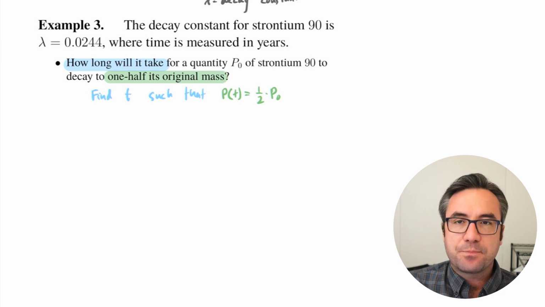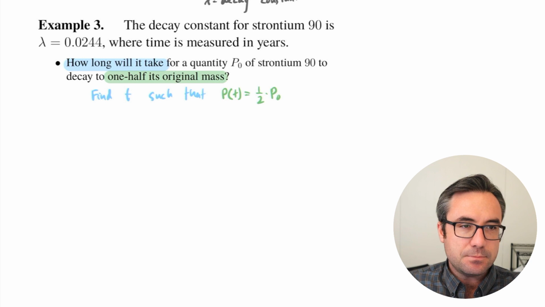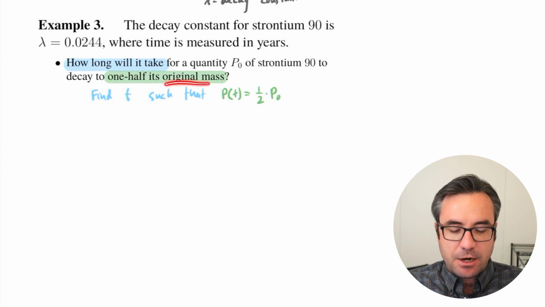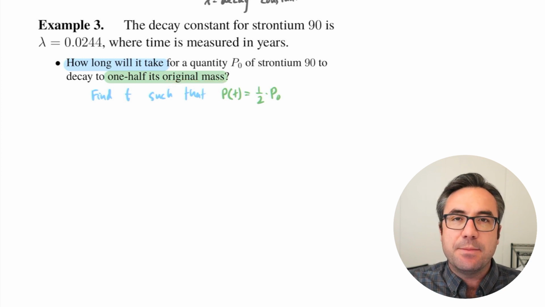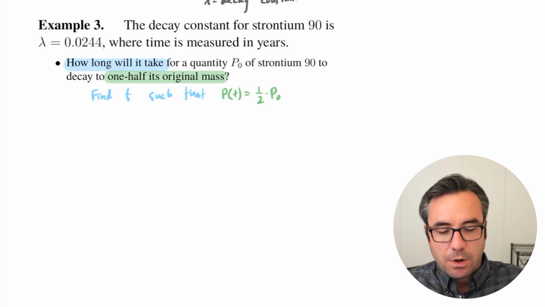Whether we start with 1,000 milligrams or 10 milligrams, it's going to take the same amount of time for our sample to decay to half the original mass. So it turns out that it really doesn't depend too much on how much material is there to start with. It's going to take the same amount of time for it to decay to half. So what we're going to do